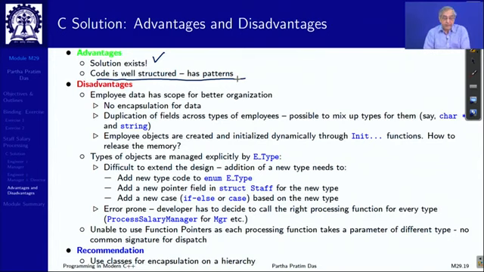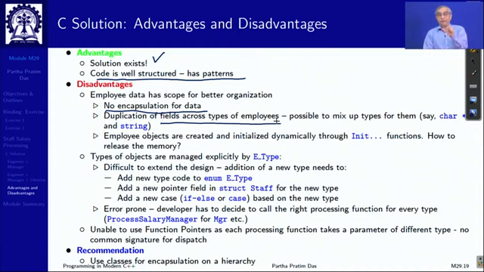For example, the employee data has a lot of scope for better organization. The first thing missing is there is no encapsulation. C has no encapsulation. So, in a structure, everything is public. Then we are having to duplicate fields across types of employees. For example, every employee has a name. So, every structure must have a field called name. Right? We may mix up the